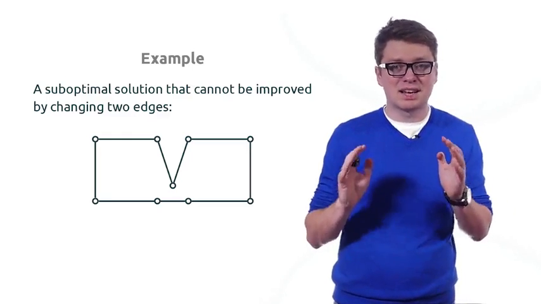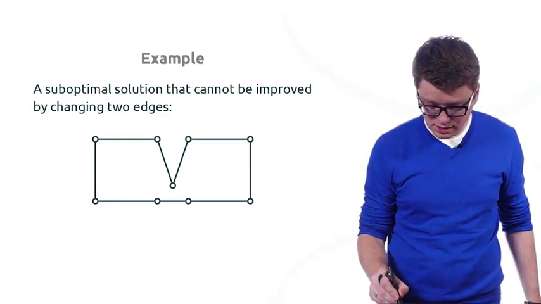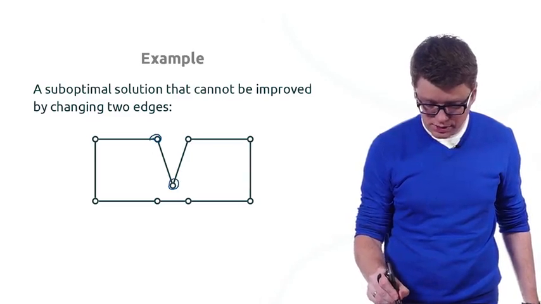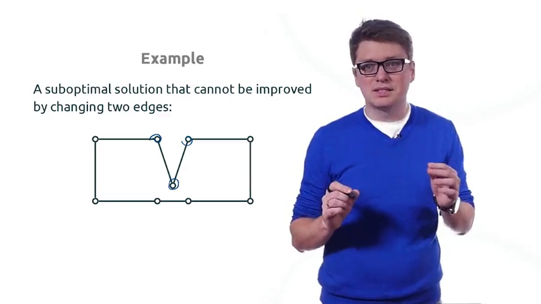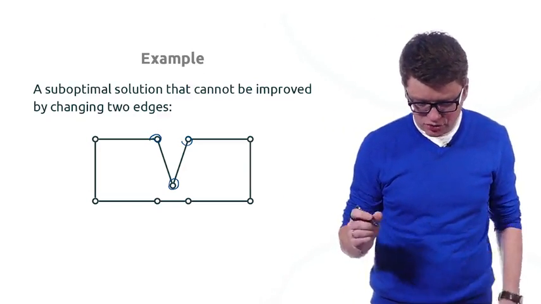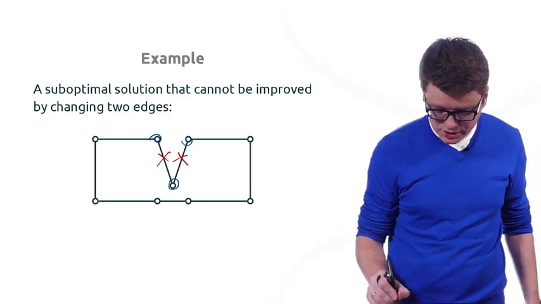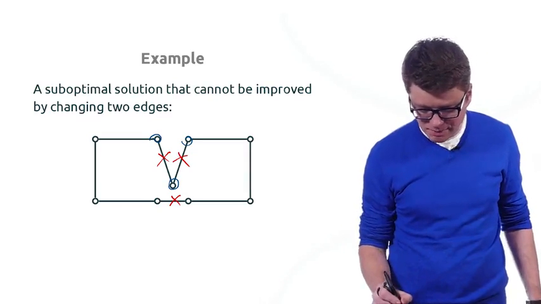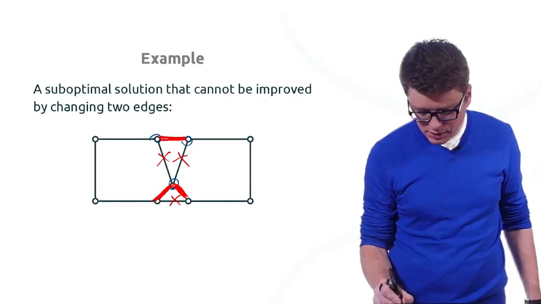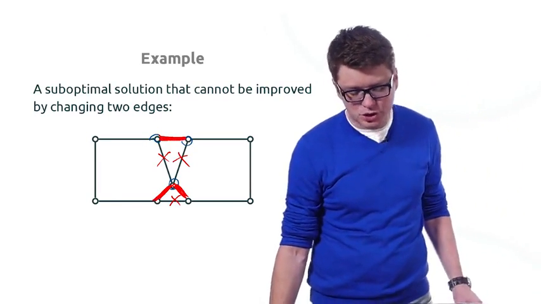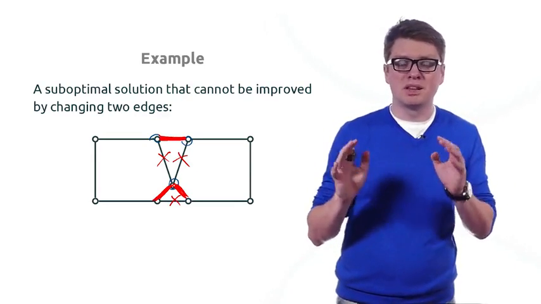Because in this case, clearly it doesn't make any sense to visit this point through these two guys, right? So to fix this solution, we would need to change three edges. We would need to remove these three edges, okay? And instead of them, add the following three edges. So we can fix this solution, so our algorithm can realize that this solution is suboptimal if d is equal